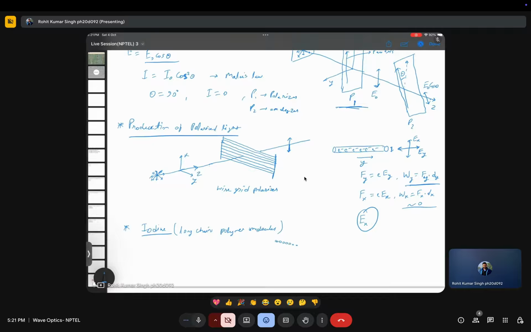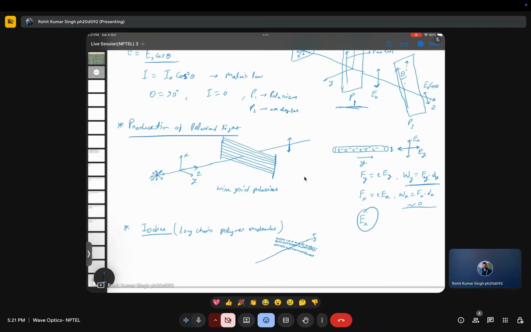It is arranged like this, parallel chains of atoms forming one molecule of iodine. So it is similar to a copper wire arranged parallel, and when light passes through it, it gets polarized in one direction. Okay,